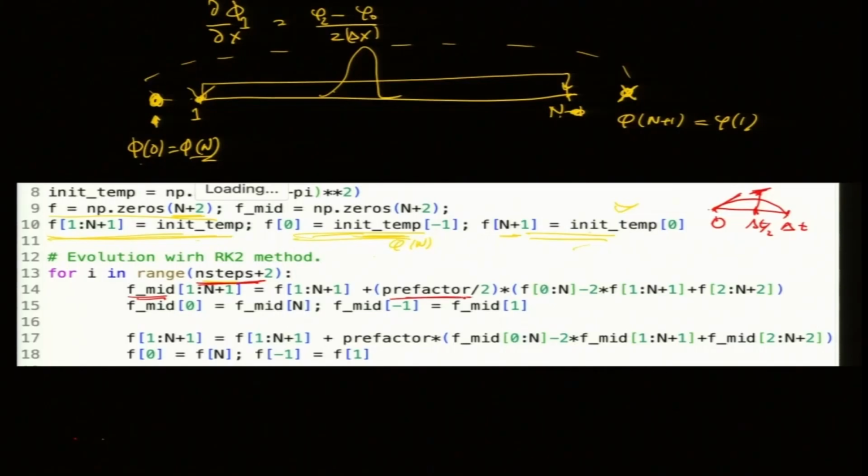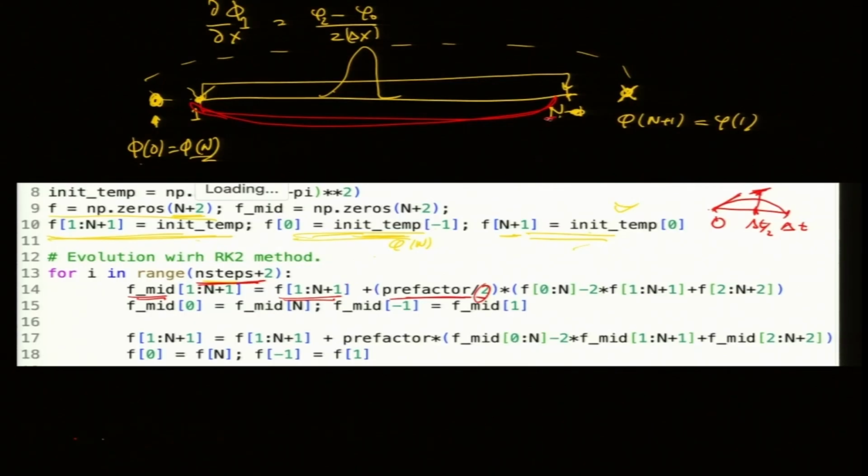So I go to the first midpoint. Here the prefactor is the right hand side, I put a 2. So delta t by 2 is coming here, this 2, and you can look at it here, these are all vectorized, 1 to n plus 1. So this is 1 to n plus 1, this part is 1 to n plus 1. Okay.